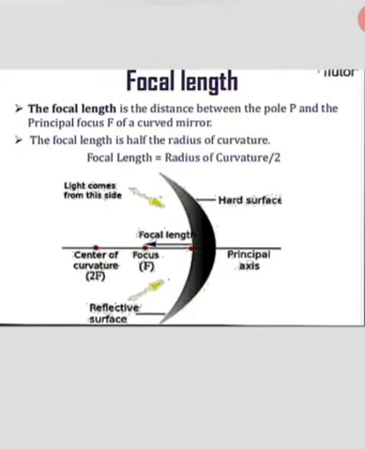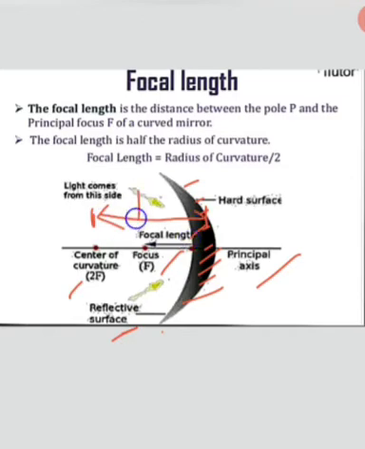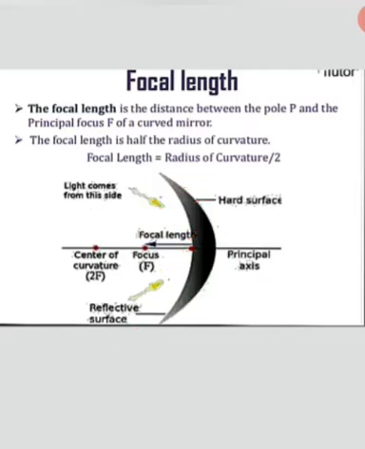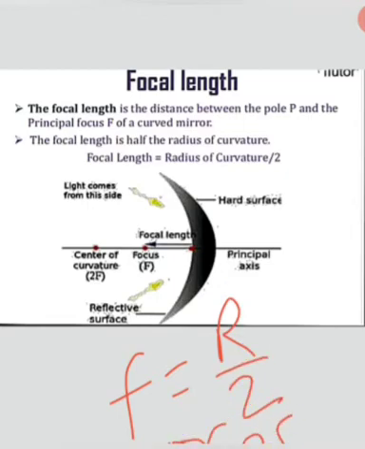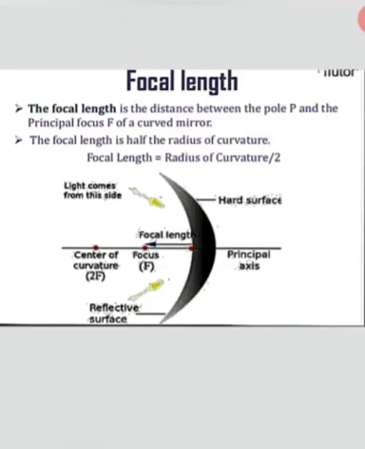After reflection, most of the light rays meet at the focus. It is written here, this is the reflecting surface, because in a concave mirror, we polish the outside and the inner surface behaves as the reflecting surface. The principal axis is here, the focus is here, the center of curvature is here, and the distance between the pole and the center of curvature we define as r. That's why here it is written f is equal to r by 2, or 2f is equal to r, where r is the radius of curvature.